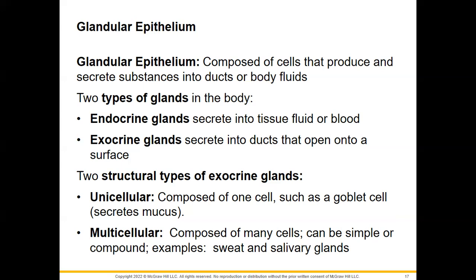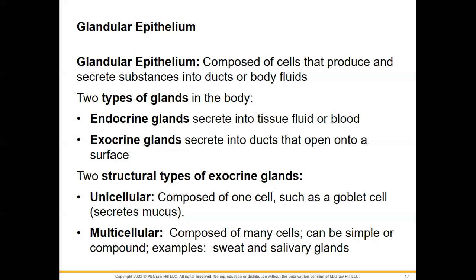Examples of this are your hormones, things like your thyroid, your ovaries, your testes. They secrete their product, their hormone, directly into the bloodstream or directly into a tissue fluid that will then end